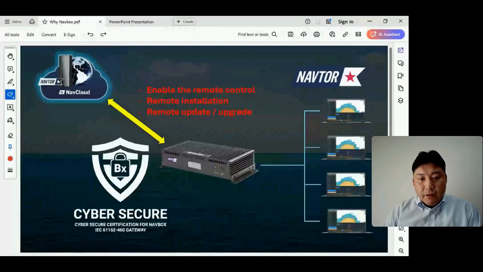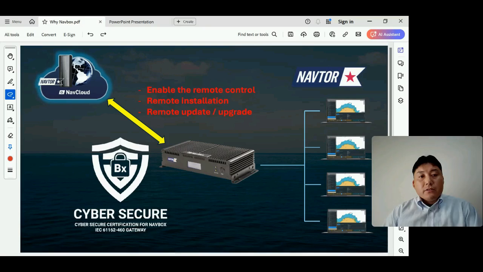Share, okay. Do you see my screen? Yes. Yeah. Okay, very nice. Okay, so this is the